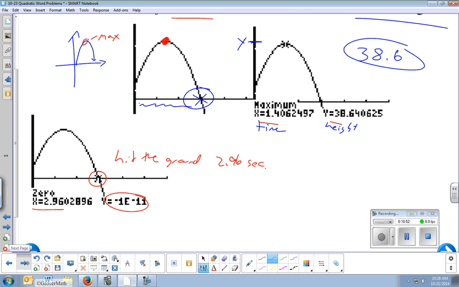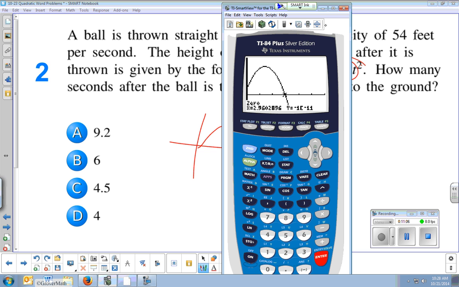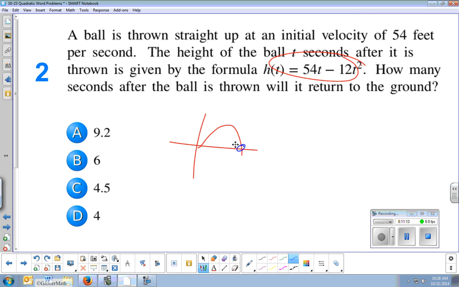So like in this next question, I'm not going to do because we're out of time. It says, how long till it hits the ground? I would type this into my calculator, play with my window until I had this picture, and then I would use the 0 function, the second calc 0, to get this value right here on my screen. For time, I'm looking for the x value. For height, I'm looking for the y value. And so that's what we're going to practice tomorrow in class. Make sure you definitely have your calculators tomorrow in class, because that's definitely a necessity to accomplish